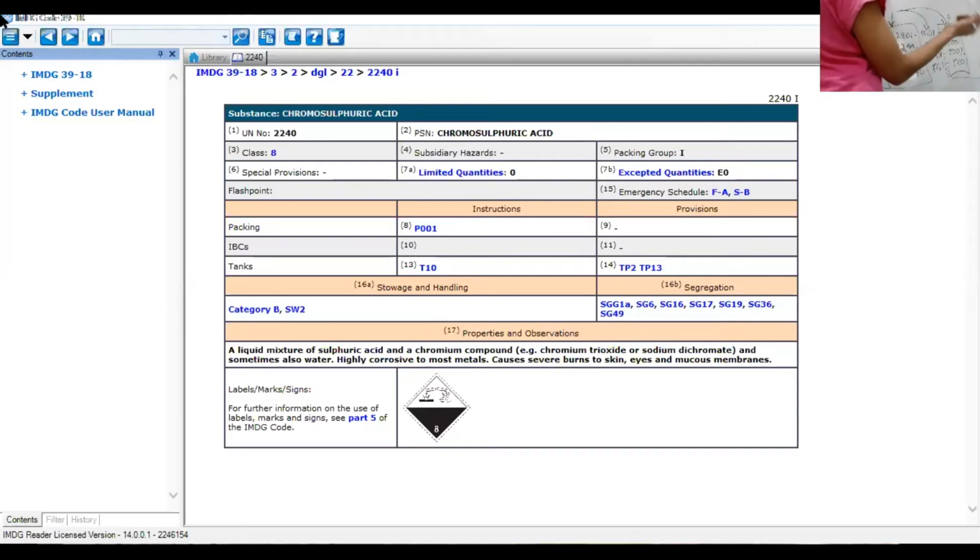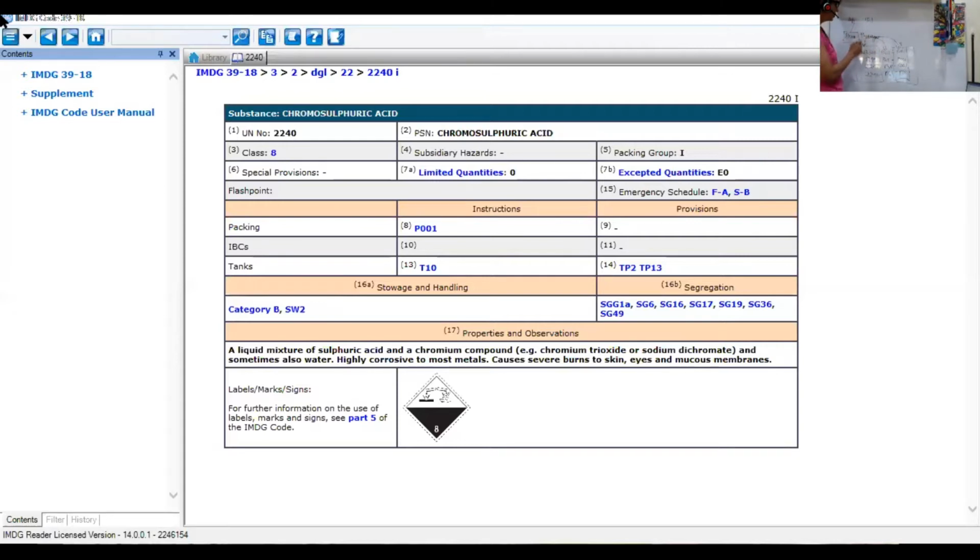So they will prepare the drums based on the specifications indicated, because this P001 and all that I showed you, all those are already listed under the 1A1 in part 6 of the code, right? Which I just showed to you on your screen. So when the drum manufacturer prepares, they prepare prototypes. That means not in large quantities, small quantities. And when they prepare these prototypes, they then take these drums to Sirim and get these drums